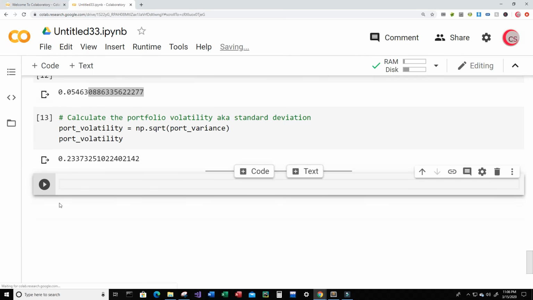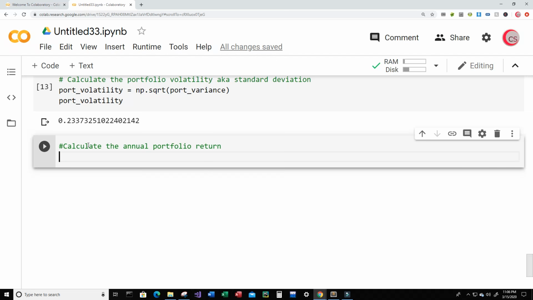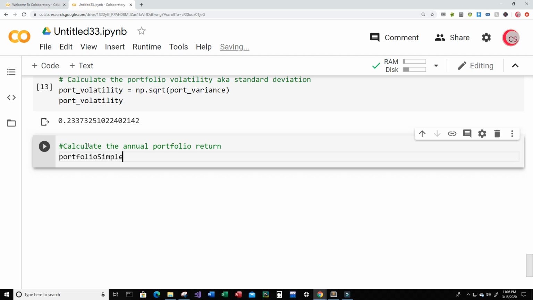So let's go ahead and create a new cell. And in this cell, let's calculate the annual portfolio return. I'm going to create a variable called portfolio_simple_annual_return, and I'm going to set that equal to